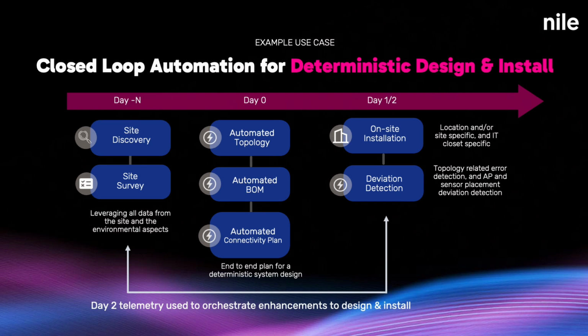This is where the digital twin first comes to life. It also generates an automated BOM, which we will see in our demo. We also generate a cabling plan so that the cabling vendor knows where to pull the cables and where the APs are to be installed. And also a closet interconnectivity plan on how devices are interconnected within a closet. These documents are then available to the installer in the mobile app so that he or she can do the